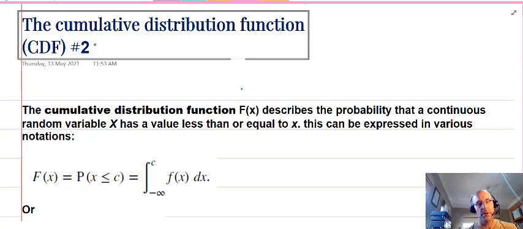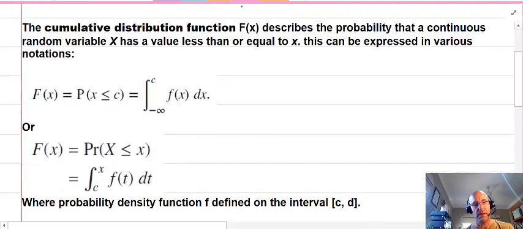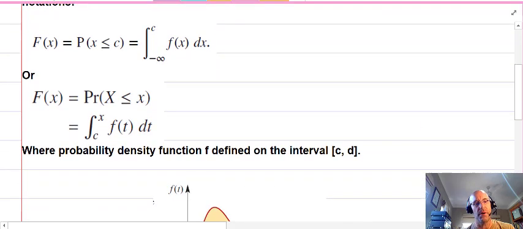Okay, the second one on cumulative distribution functions. In the previous video we introduced what they were, as defined below there, in the forms and the notations we can use. It involves finding the integral of the PDF with regards to the integrating variable, which normally for what we're doing we're just calling t. Sorry, I didn't mean to cross that out. We don't use the same variable as x, because that's for the